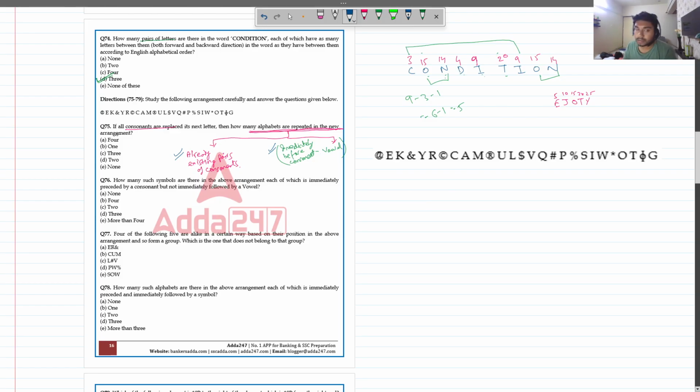ओके, लेट्स डू द क्वेश्चन नाउ। If all consonants are replaced by its next letter, then how many alphabets are repeated in the new letter? मैं पहले ये वाला केस को देखता हूँ कि ऑलरेडी एग्जिस्टिंग पेयर्स ऑफ कॉन्सोनेंट है कि नहीं, दो रिपीटिंग कॉन्सोनेंट, सेम कॉन्सोनेंट्स है कि नहीं। ई और कहीं पे है नहीं, के और कहीं पे है नहीं,